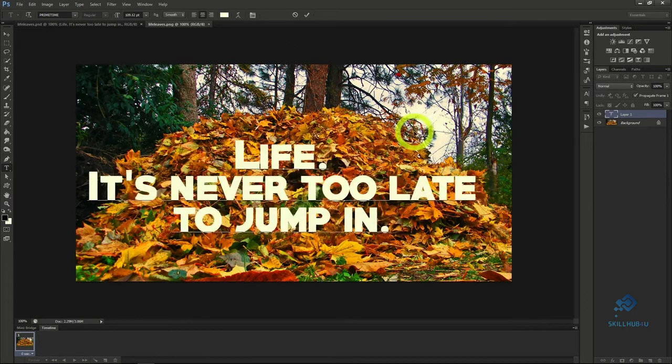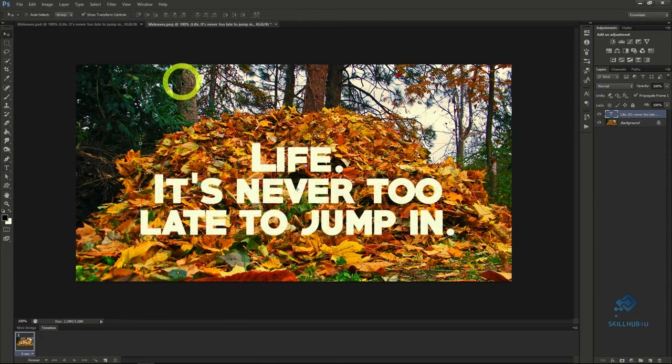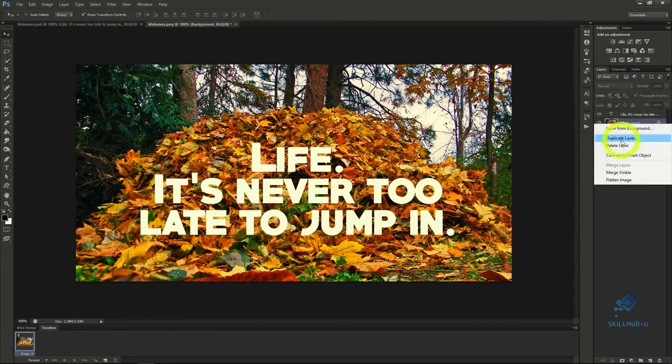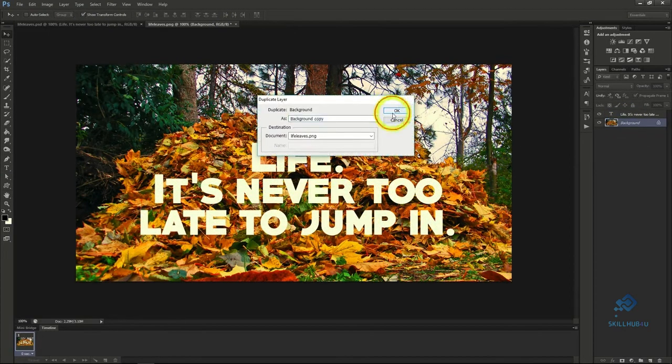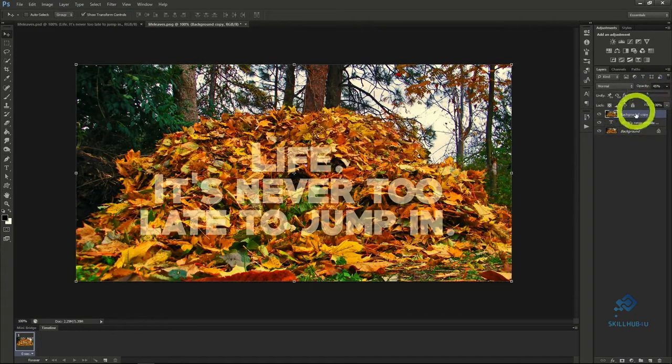Doing so creates the usual text over image effect, which is fine on its own, but we want to make the words look as if they're underneath the leaves or coming out of the leaves. To do this, let's create another background layer copy on top of the text. And we can drag the opacity down enough so that we can see the words behind it. Doing this will allow us to see what leaves overlap onto the letters,